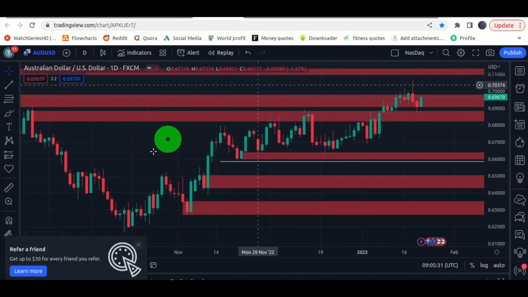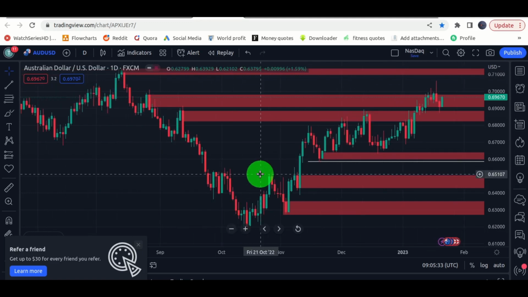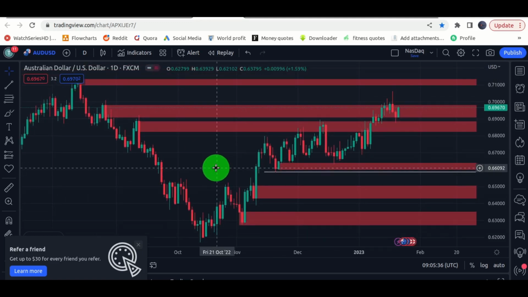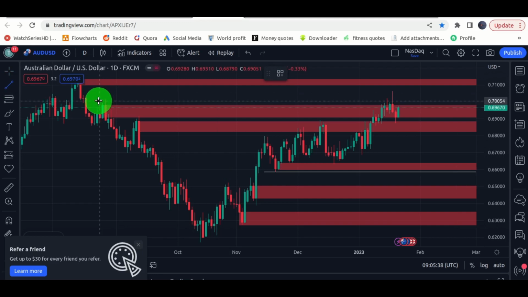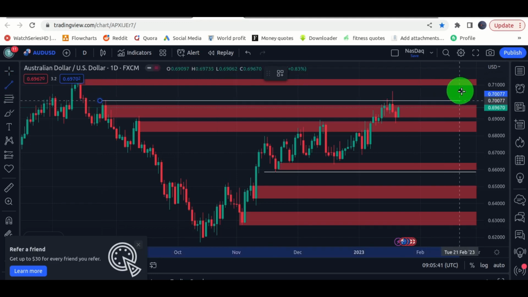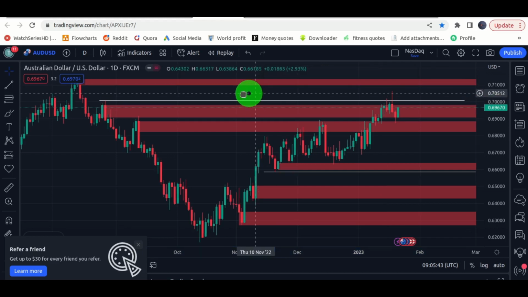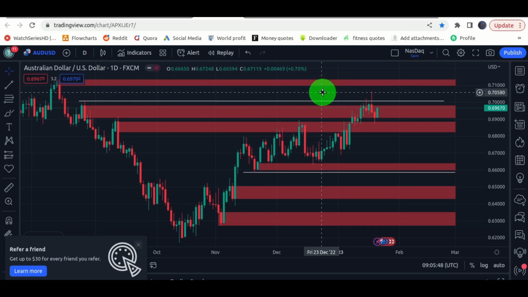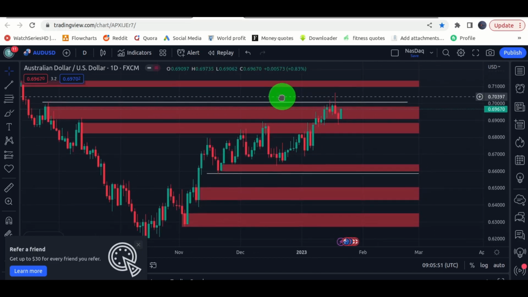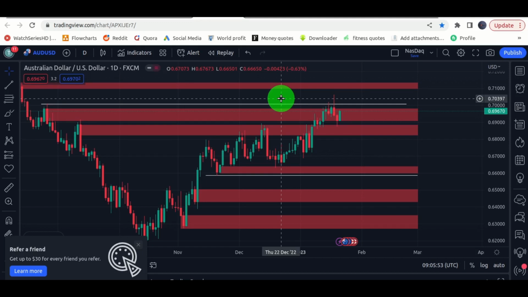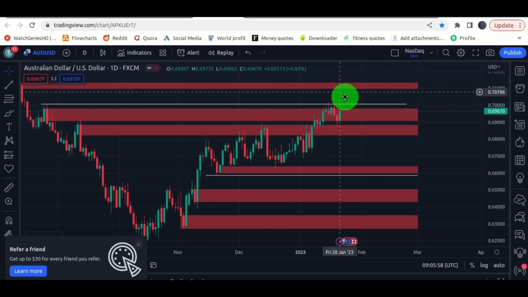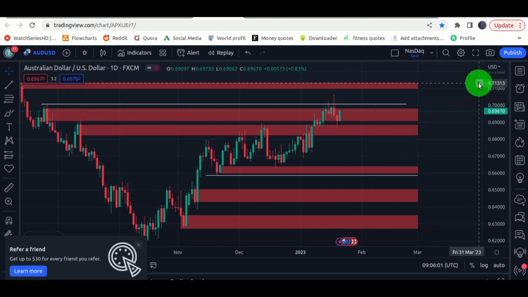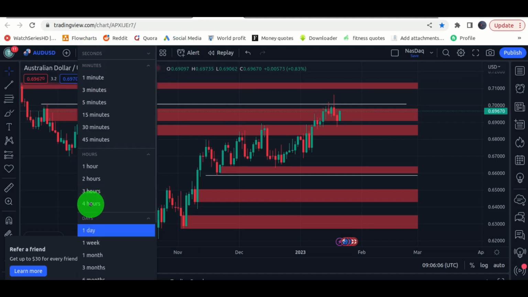AUD USD, what's going on here? Too many things here. Okay, first of all I see this high over here. By seeing this high, I can say that for AUD USD we will be looking for sells. Yep. So yeah, AUD USD, we are red, guys. We are looking for sell